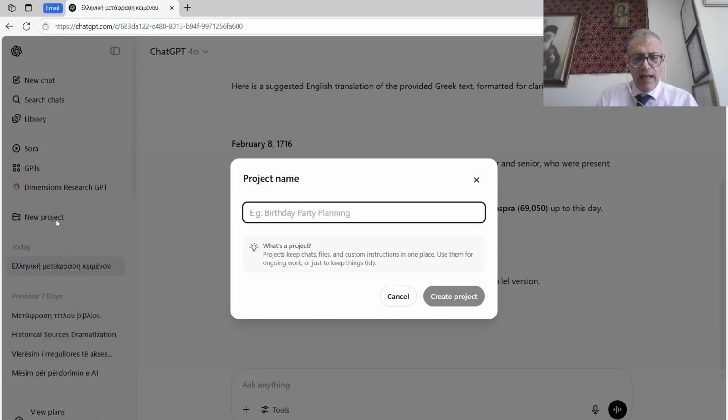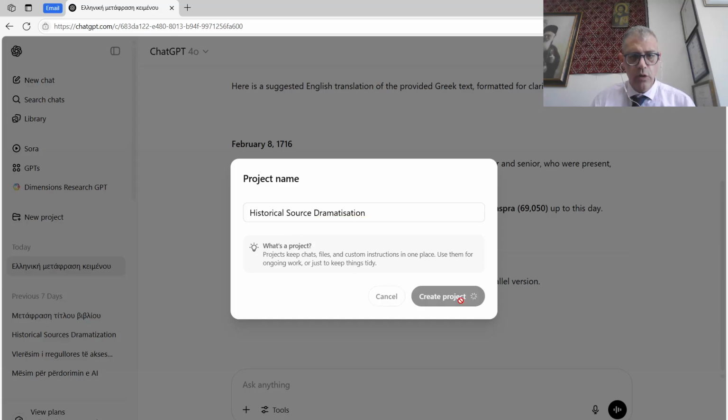By signing in with an account, ChatGPT saves the project's history. Here I will insert the project name and it will save it in the project's history in a profiles interface, thereby helping one save time in similar future projects. So I'm opening a new project and giving it an appropriate title, historical source dramatization. We create a new project,